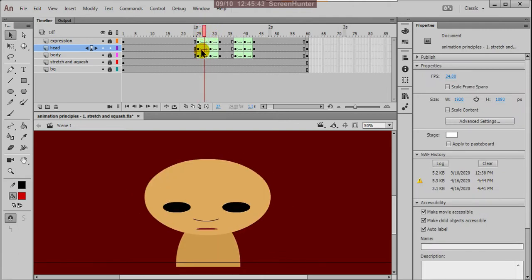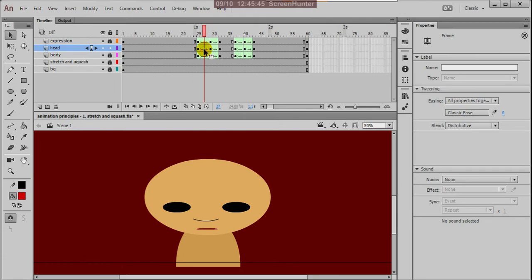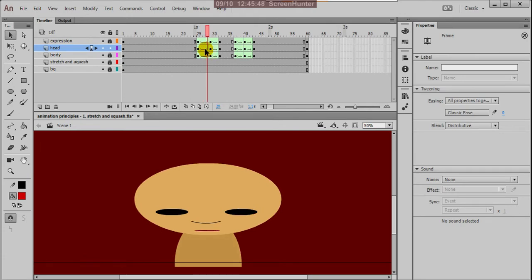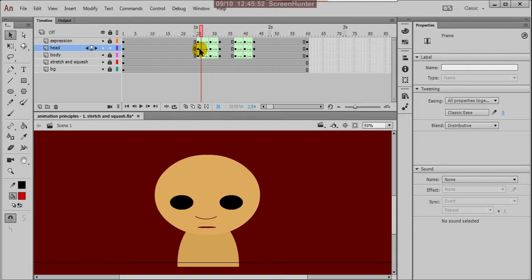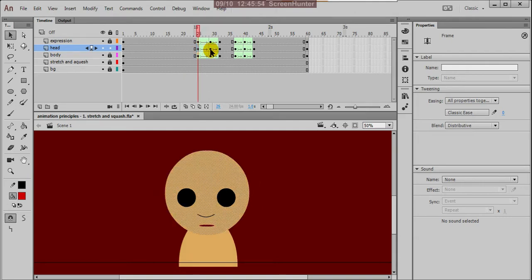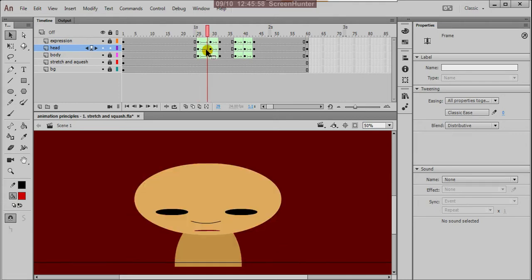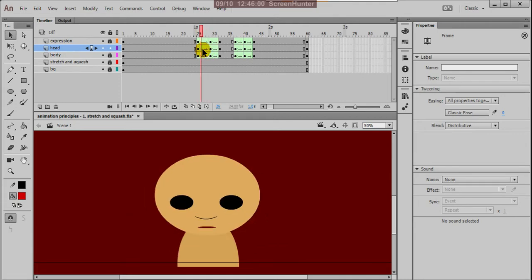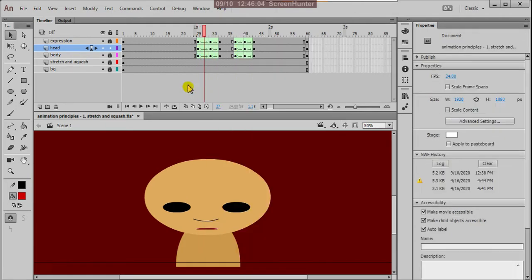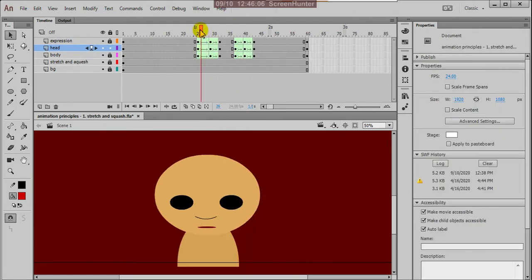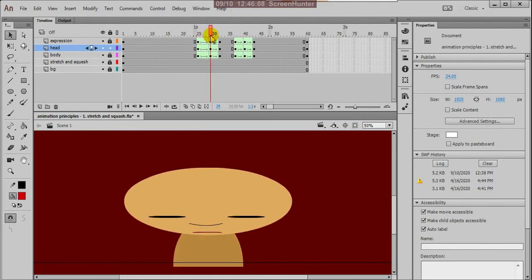So that means what? The remaining in-between frames, automatically the system, this Animate CC itself, is creating between this pose and this pose. You have to draw, and these in-between poses automatically, by applying your shape tween, the system is generating. Yes, up to here, because this is anticipation, the anticipation.